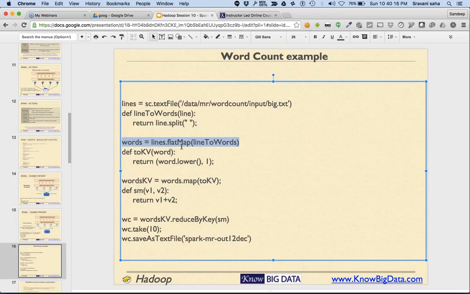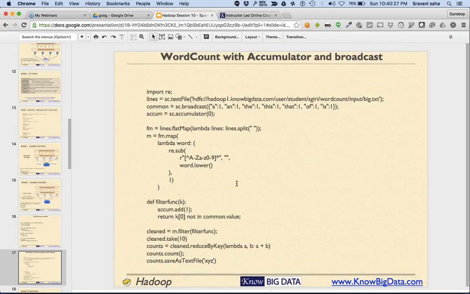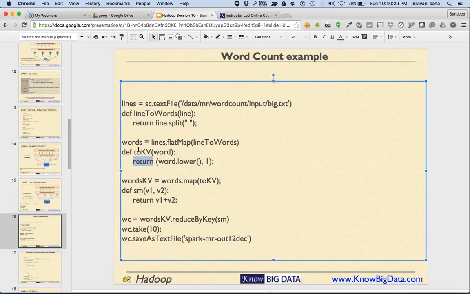Now each value needs to be converted into key-value format, so we use the toKV function which we created here. After we have converted each word into word comma 1, we use reduceByKey, which is essentially summing up values. That's it, and this will do the word count for you.